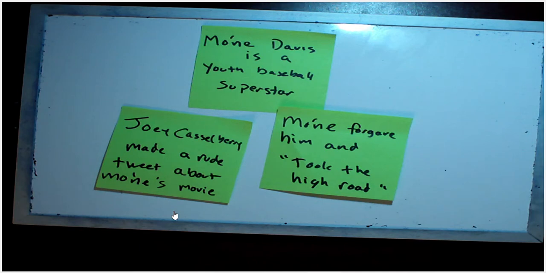Castleberry got himself in trouble with his tweet. Disney is making a movie about Monet Davis. What a joke. She got rocked by Nevada. Bloomsburg officials were quick to act. They kicked him off the team, saying that they were deeply saddened by Castleberry's words, which do not represent us. According to TMZ Sports, Bloomsburg's president, David L. Schultz, said that while he respected Monet's opinion and praised her maturity, he would not let Castleberry return to the